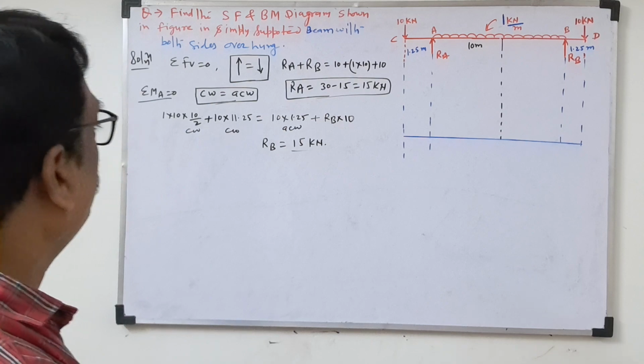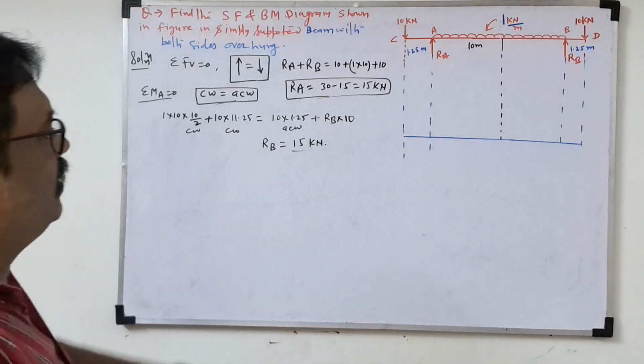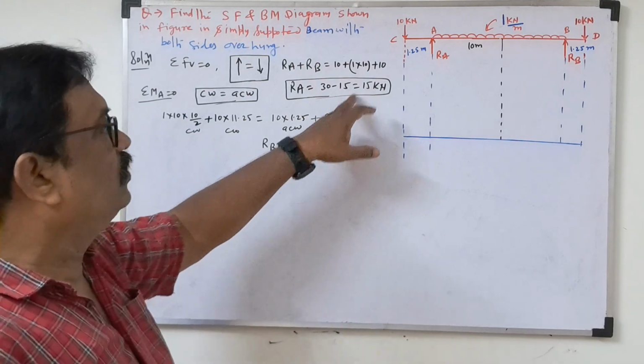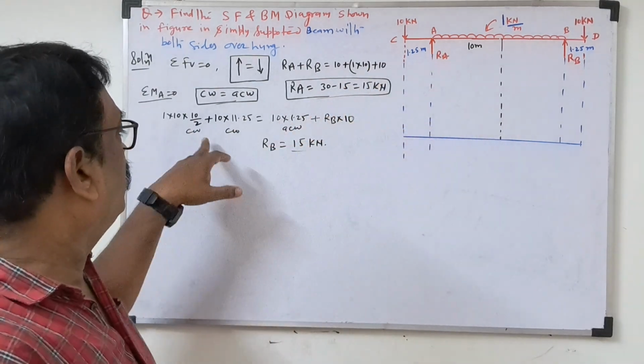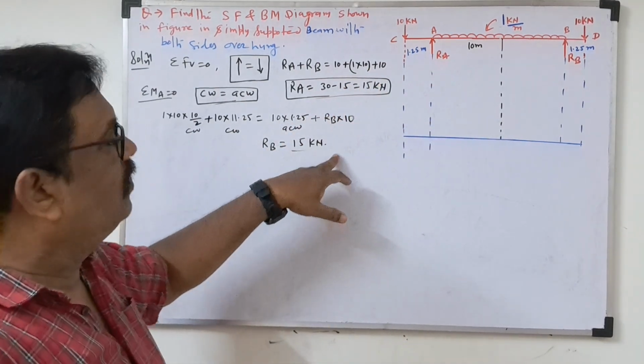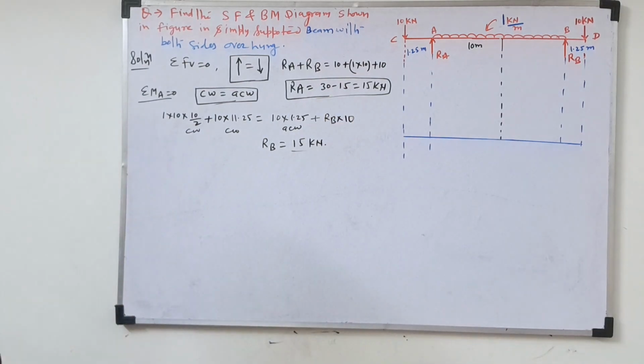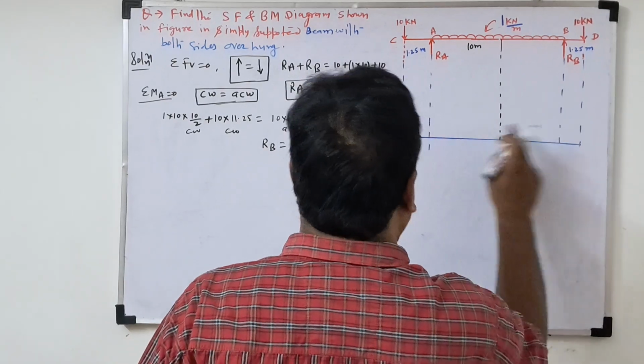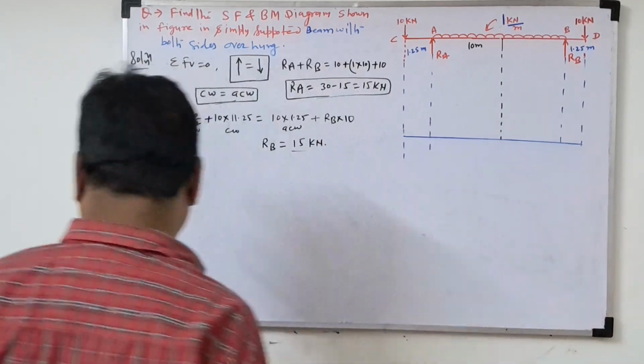So RA and RB we got 15. Due to the symmetrical axis, you can calculate the total and divide by 2. So support reactions are over. Now I draw the shear force 0 line here